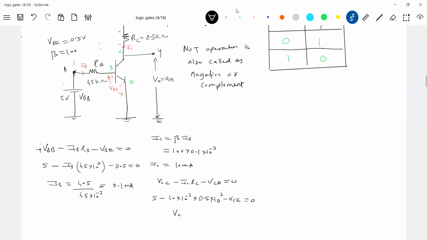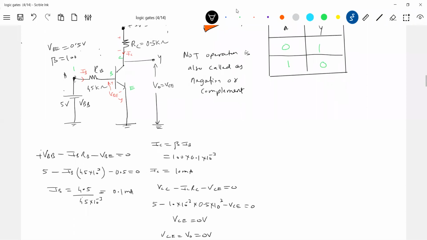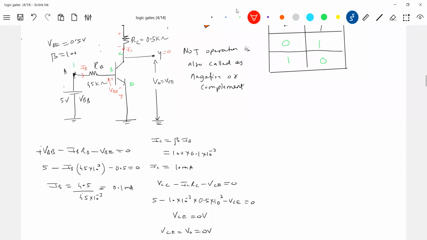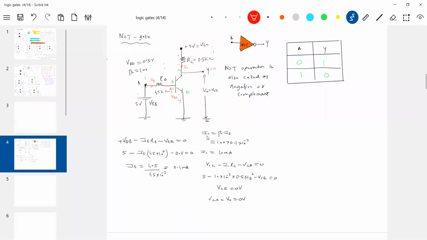Now look at how much VC we are getting. 0 volt. So what is the logic? When the input is high, the output, sorry, is 0. Input A is 1, and here I'm getting logic 0. So VC is 0. I think you have to make observation of the end answer here. Sir, how did I get VC 0? That's what I wanted, no? And if VC is 0, V naught is 0, which means 0 volt, which means logic 0.